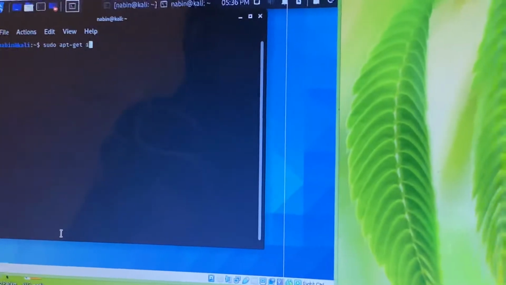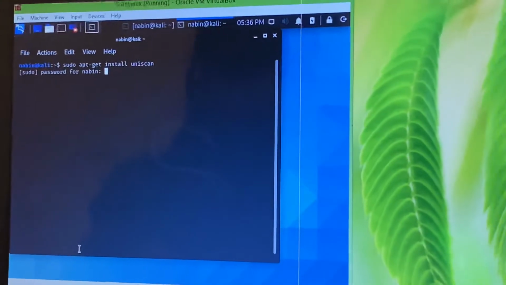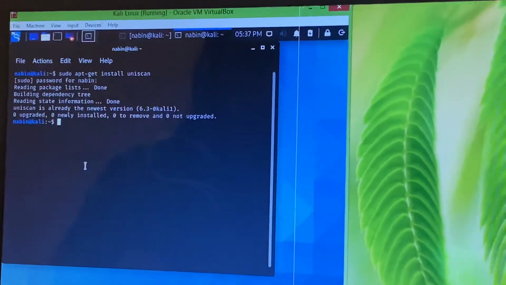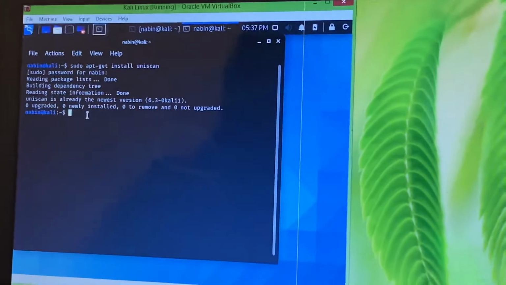For example, sudo apt-get install uniscan. We installed Uniscan. Now we are going to search for any website with this Uniscan.